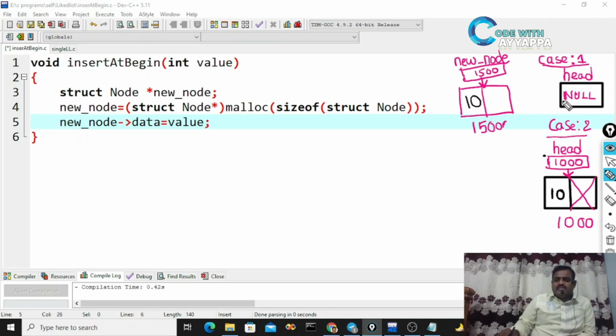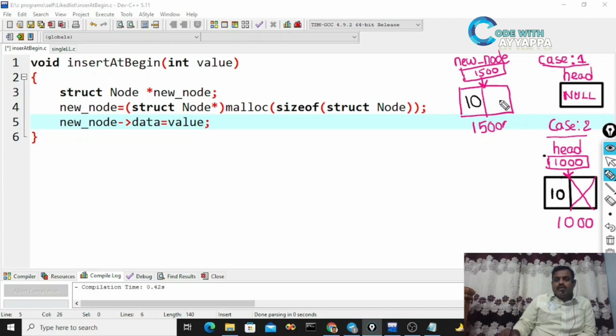Now this is the situation, case 1 or case 2, whatever it is, we can combine case 1 and case 2. If it is case 1, that means the linked list is empty. In case 2, the linked list contains at least one node. So whatever the case, here we need to store the head address.